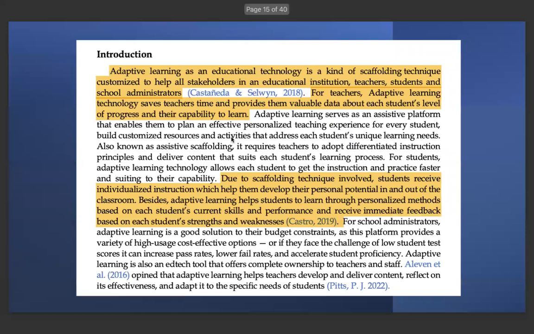Introduction. Adaptive learning is an educational technology, a kind of scaffolding technique customized to help all stakeholders in an educational institute: teachers, students, and school administrators. For teachers, adaptive learning technologies save time and provide them valuable data about each student's level of progress and their capability. Due to scaffolding techniques involved, students receive individualized instruction which helps them develop their personal potential in and out